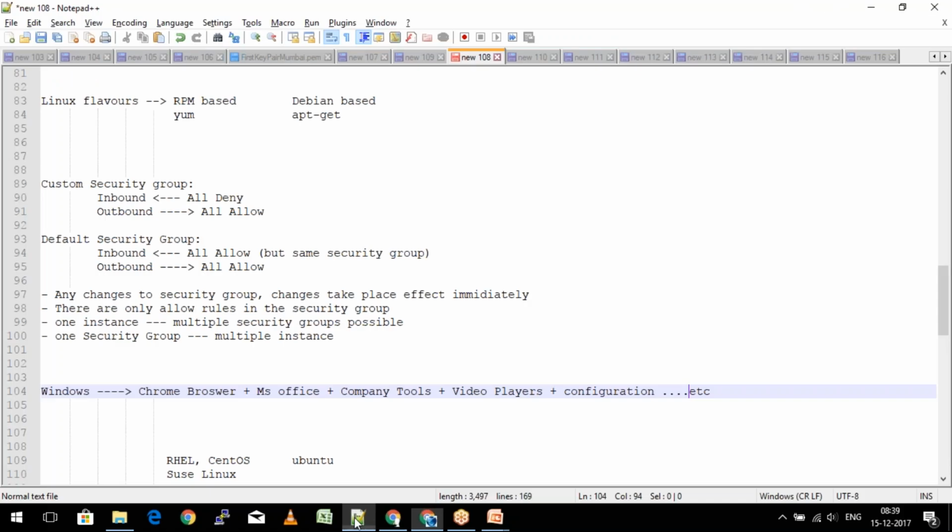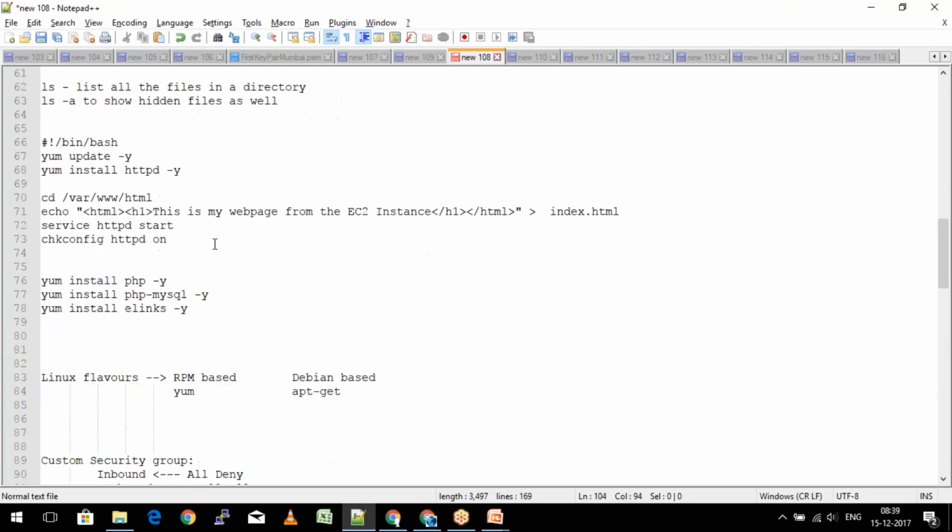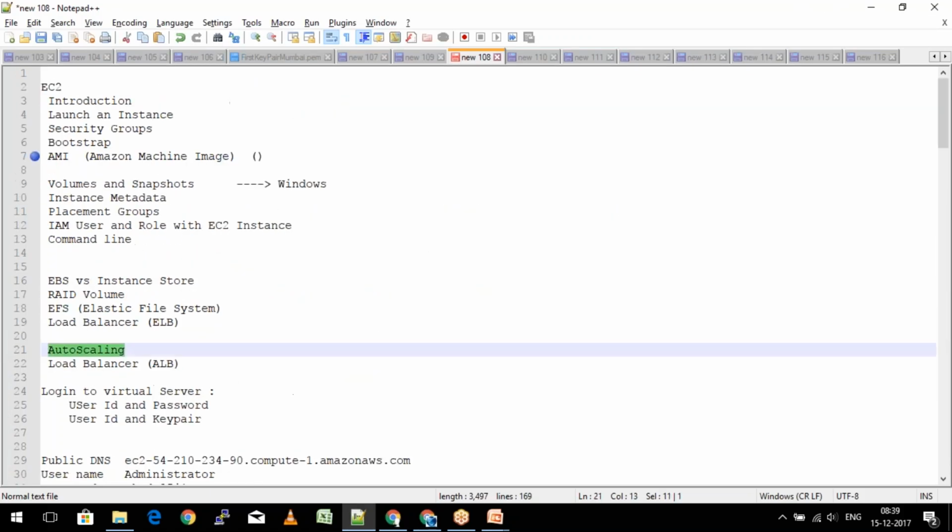So that was about the AMI. An AMI is basically the machine image which can be created so that it saves us time. In the next class, we are going to learn how these AMIs help when I want to auto scale the systems. So auto scaling, load balancers and EFS are the next upcoming topics of our sessions in the next 2 days. Any questions or queries before we close for the day?